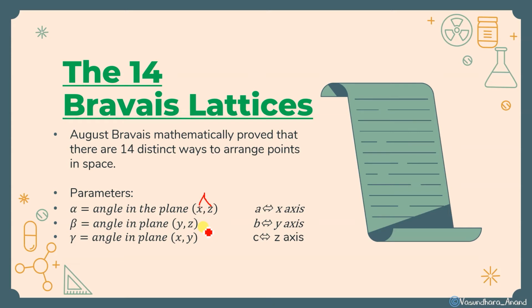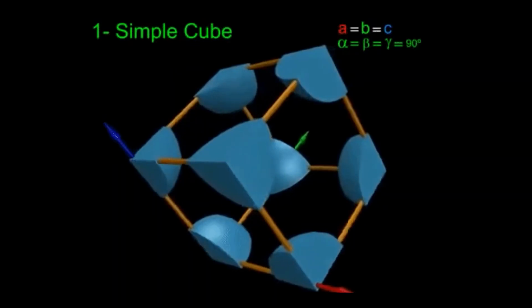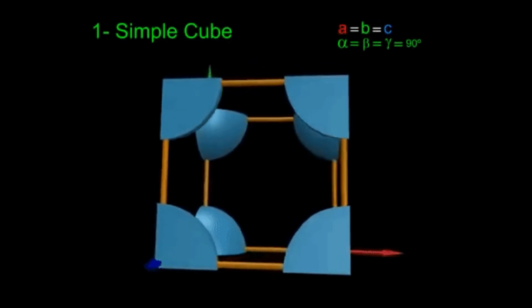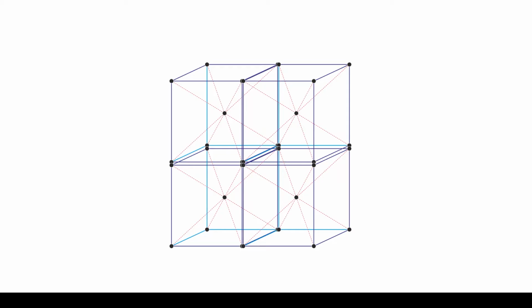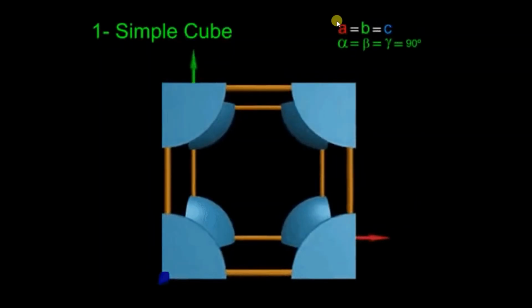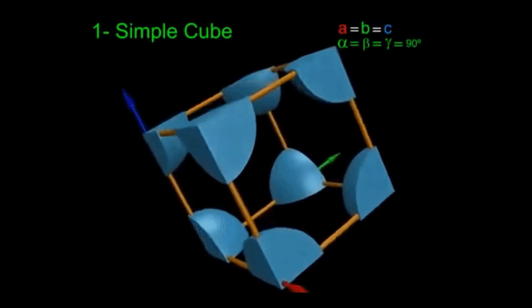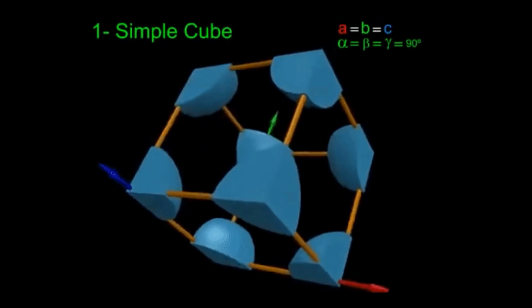Got it? Okay. So this is the thing. And a जो side होगा, a length we will consider on the x axis, b length will be on the y axis, and c length will be on the z axis. That is the way to consider. Okay, conventional form. So here we are going to discuss all the various lattices. Okay, the first one is simple cube. So in this, it will be simple cube. That means all the A, B, C sides will be equal, and the alpha, beta, gamma angles, that means x, z के बीच का, y, z के बीच का, और x, y के बीच का, all the angles will be 90 degrees.